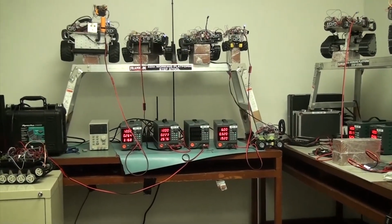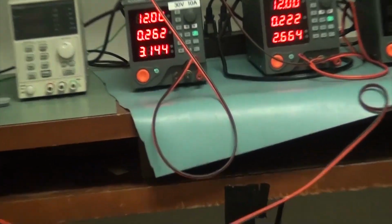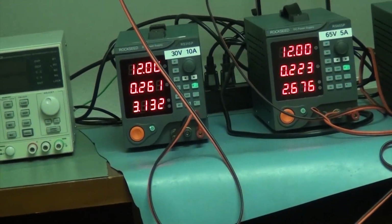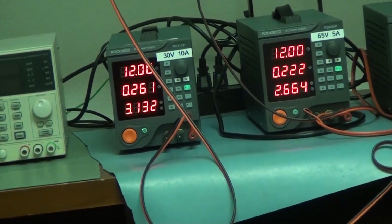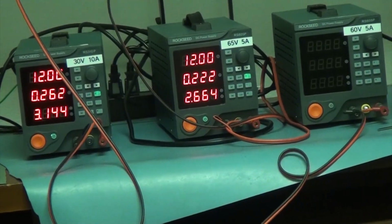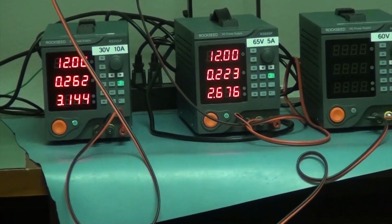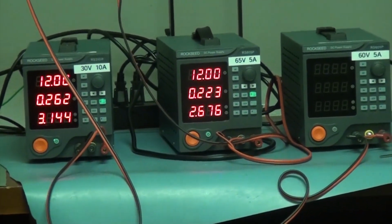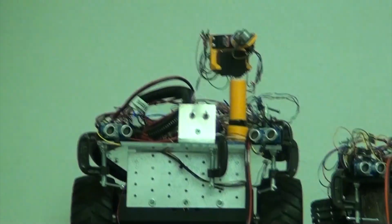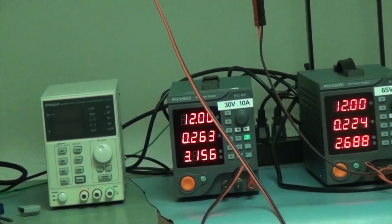Of course, one thing we want to point out is that each robot is connected to its own power supply. These are power supplies where we can current limit, and we're showing the voltage at the top. In the middle is the consumed current, and that's the power in watts. Now, for example, let's take the Rover in the corner here and look at its readings, which is 12 volts